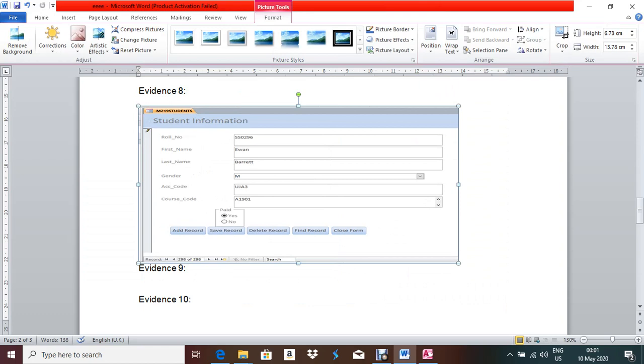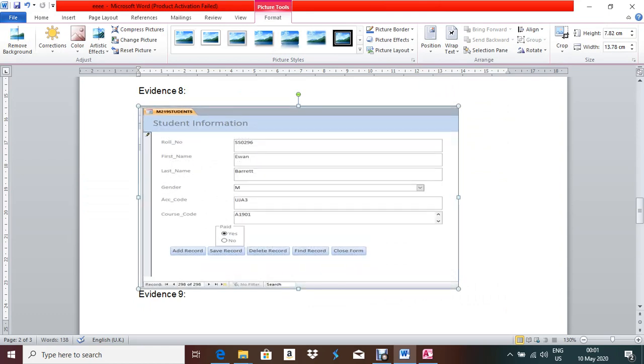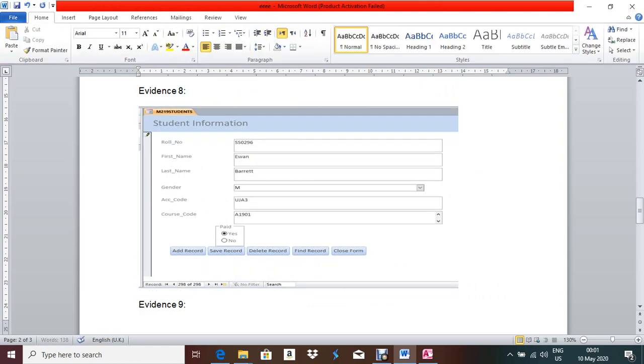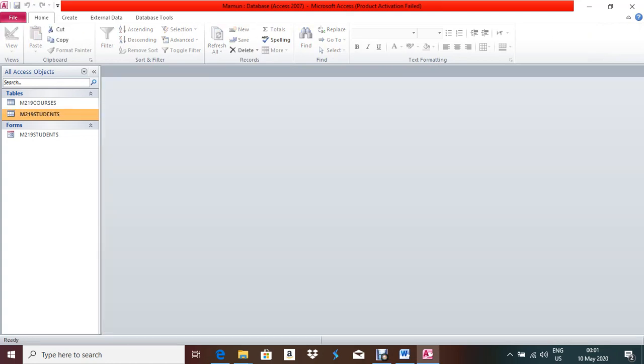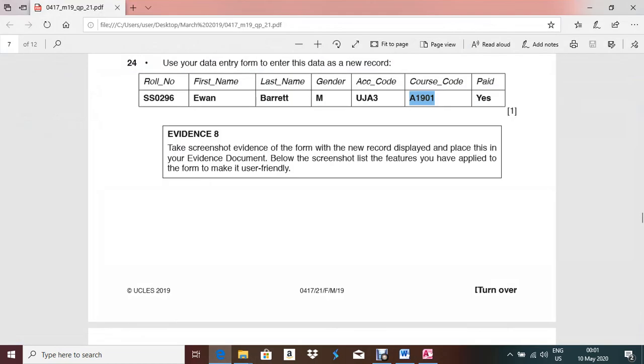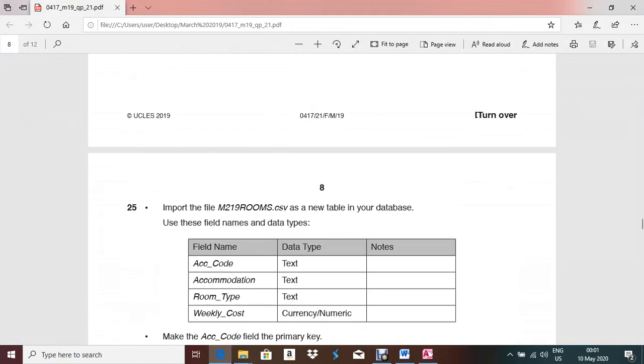All 4 improvements are given in this screenshot. The examiner should understand this one. Okay, right? So this is 1, this is 2, this is 3, and this is 4. Okay, now next one. After that you have to save this record. Click on save record, right? Control S, Control W, or you can press Control S, Control W. Now let's go for the next question.